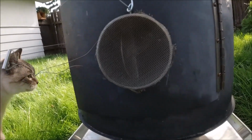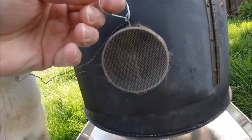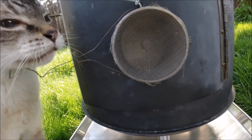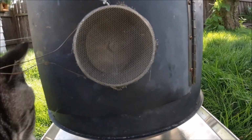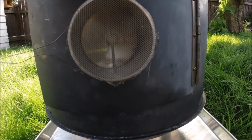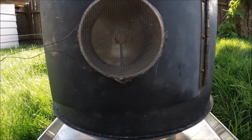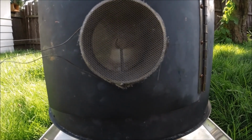And then the axle for that, the shaft for that, is just a piece of heavy galvanized wire. We'll talk about galvanized metals with wood stoves in a bit here. You can't use galvanized metal for lots of parts of the stove, but for this you can, just because there's not too much heat in this part, and it's such a small amount of metal that it won't matter anyway. The issue is toxicity, so we'll talk about that in a bit when we get to other parts of the